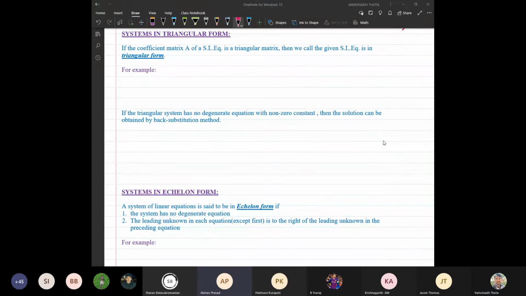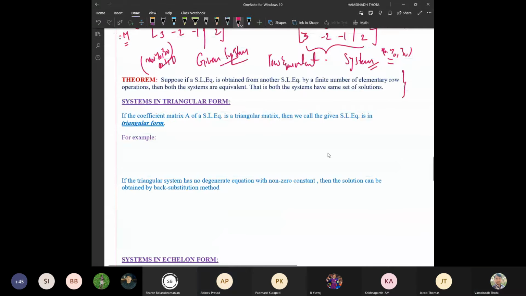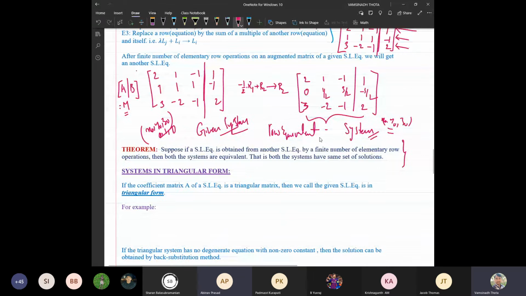Why did we find the row equivalent there? What was the use there? Why do we need to do this operation? Because that reduces the cost, that reduces the storage of the system. The cost means the computation-wise, it will give you fewer computations, with the assurance of existence or non-existence of a solution.